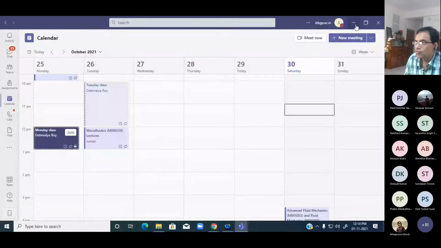Now let us continue with the solution or exact solution of the Navier-Stokes equation that we were demonstrating. The example that we talked about in the previous class was the flow through a rectangular channel. Let me first share my writing pad and then we will get into more examples.